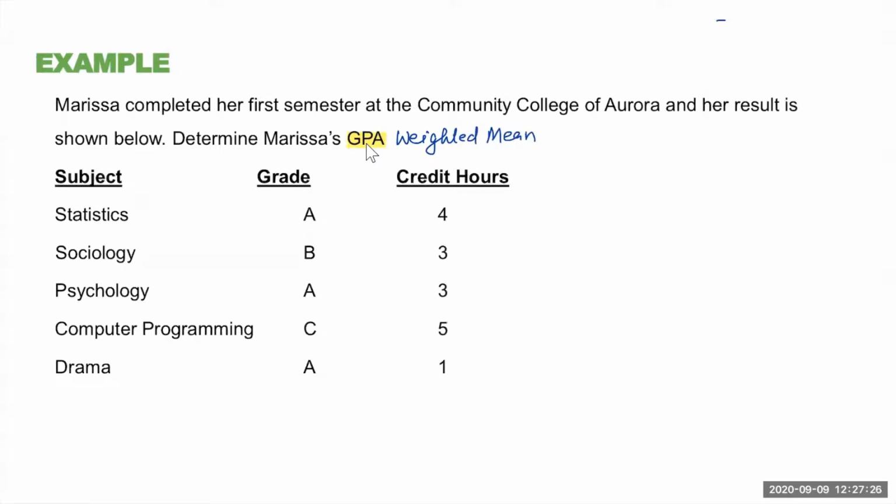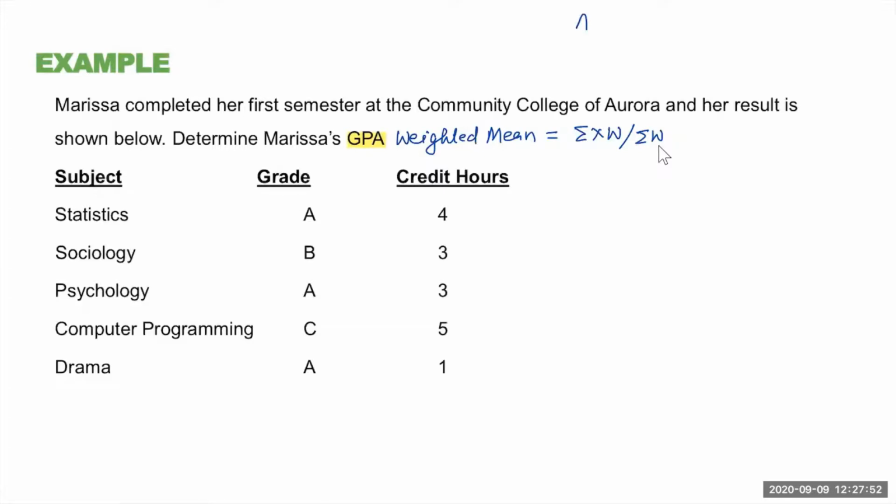And the weighted mean is given by this formula: sum of x times the weight divided by the total number of weight. In case of GPA, the weight is the credit hours. That is the weight. And one important thing to note here,